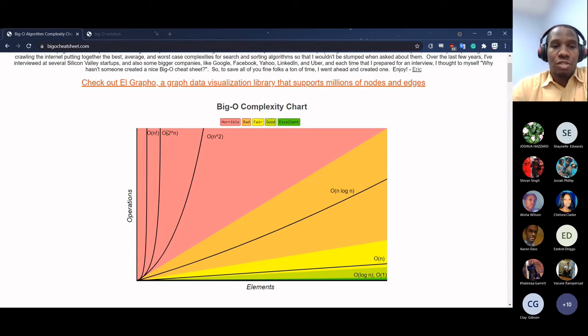Then you have O is 2 to the power n and O is n squared. All three of these tend to be bad in terms of return. And we will actually look at where the bubble sort and the selection sort fall